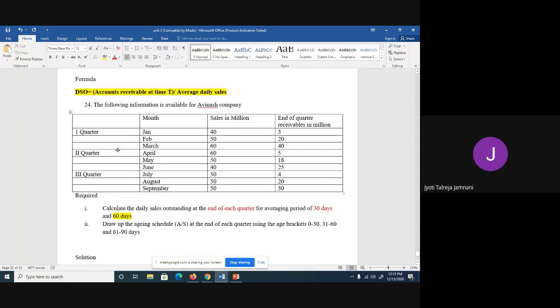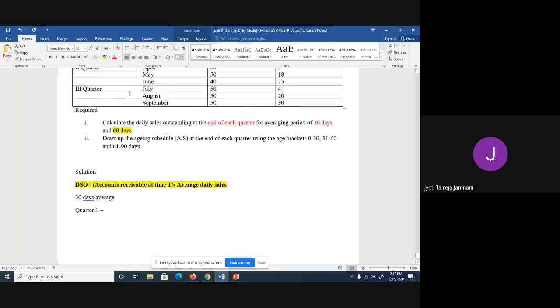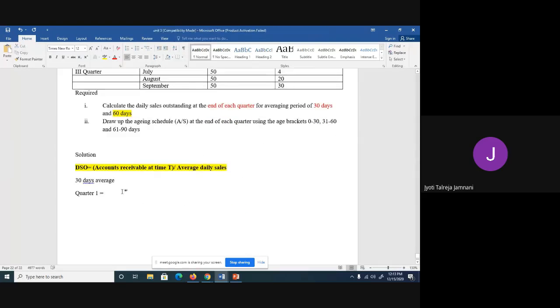Now first quarter is Jan, Feb and March. So I have to consider these 3 months and I want accounts receivable. I don't want sales in millions, but I want receivables in millions. So I have to check receivables for the first quarter. So it is 3, 20 and 40. These are the receivables for the first quarter. So we will write here 3 plus 20 plus 40